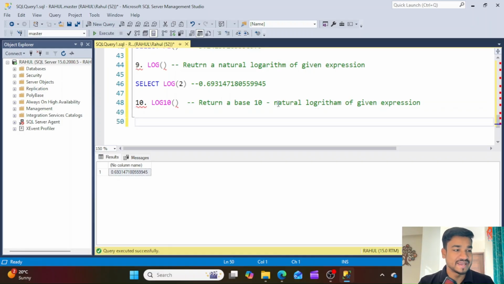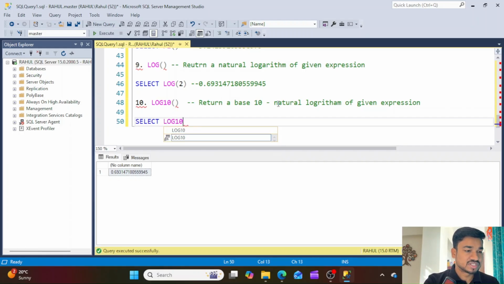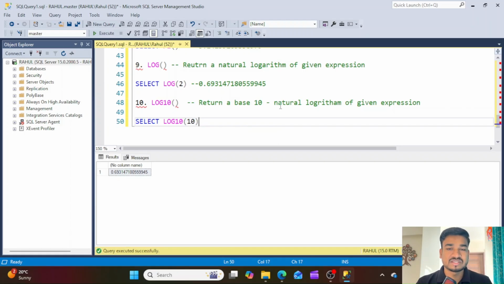So now we will see the example of log 10 here. So we'll take select and log 10, that is the function here to the base 10. So the base 10 means the value 10, so it will return the value here, that is a 1. Okay,